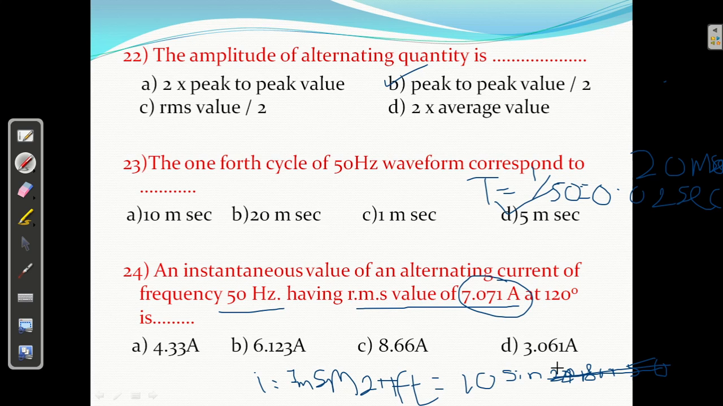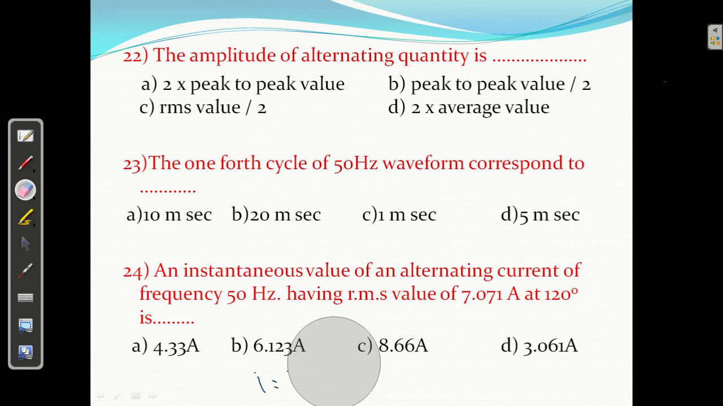व्हाट इज द वैल्यू ऑफ करंट एट 120 डिग्री? सो डायरेक्टली 120. So what is sin 120 into 10? Sin 120 equal to 0.866 into 10 equal to 8.66 ampere. C is the correct answer. 24 का C, right? I equal to Im sin theta, और theta equal to 120. So sin 120 you will get 0.866 into Im, 10. So you will get 8.66, right? Next,